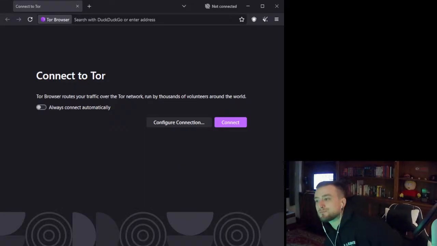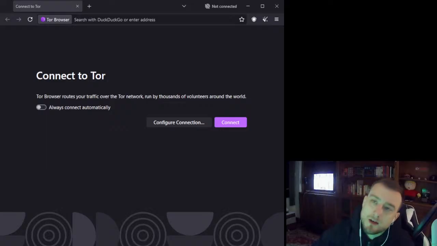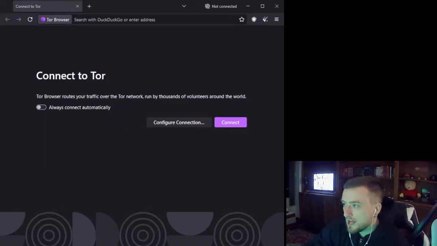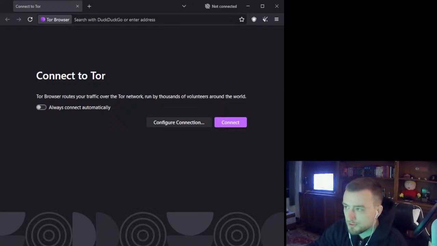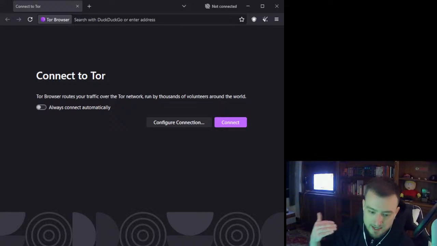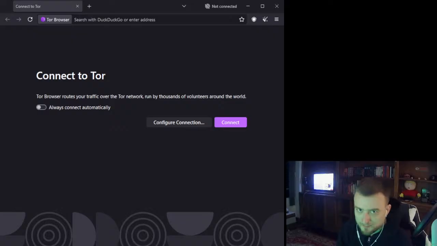Excuse me. But be aware, the thing about Tor is that as more people use Tor, it'll make your network slower. Because as more people are using the relay nodes, and say if you're living somewhere where you really need one, and